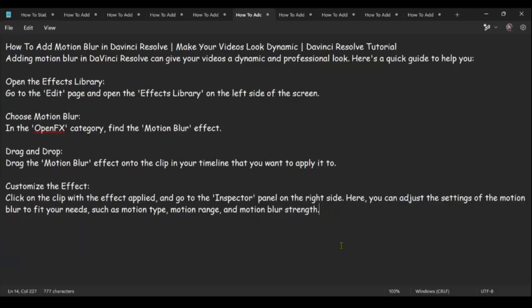Adding motion blur in DaVinci Resolve can give your video a dynamic and professional look. Hello everyone, in this video I'm going to walk you through a quick guide to help you add motion blur